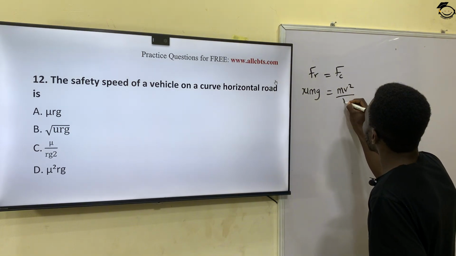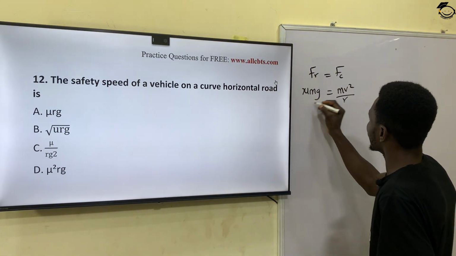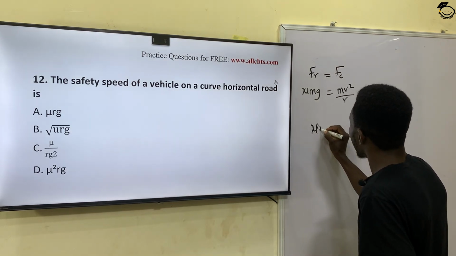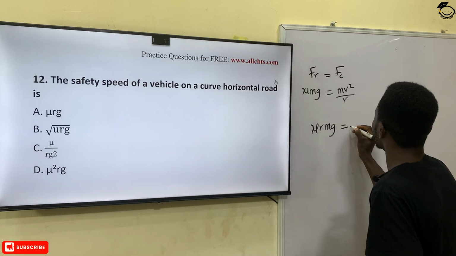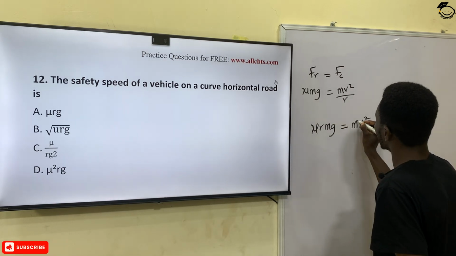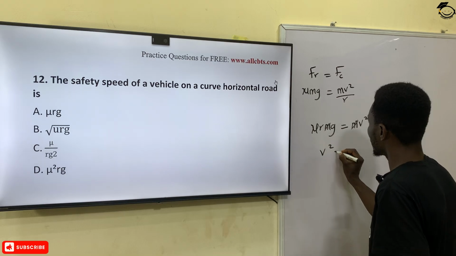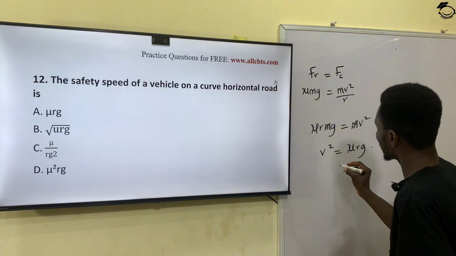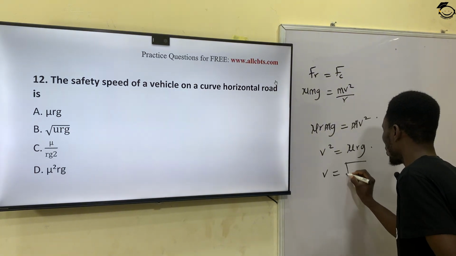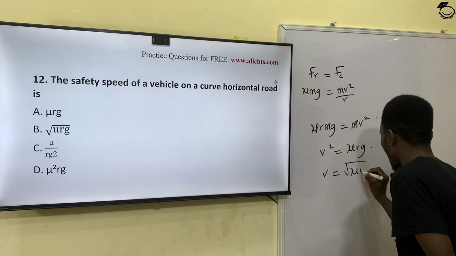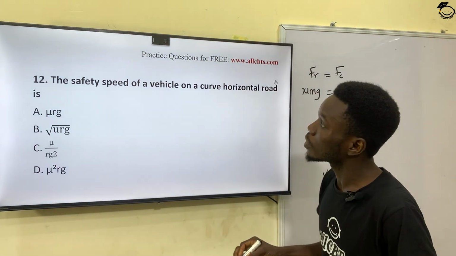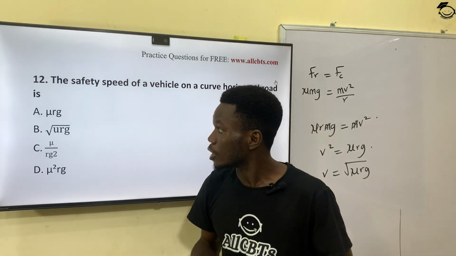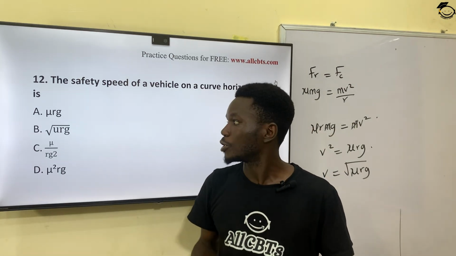We know that our frictional force is mu mg, and our centripetal force is mv squared over r. So if I cross multiply here, I'll be having r mu mg is equal to mv squared. So m will cancel out m. It means that my v squared is equal to mu rg. So I'll take the square root of both sides, which means that my v is equal to square root of mu rg. So the correct formula for calculating the safety speed of a vehicle on a curved horizontal road is square root of mu rg, which is